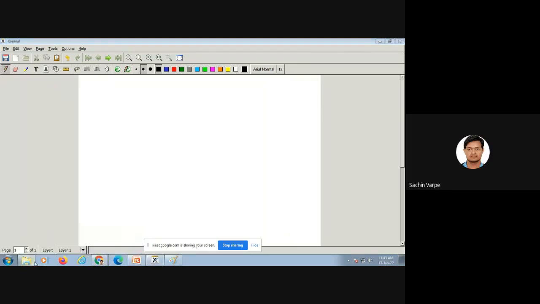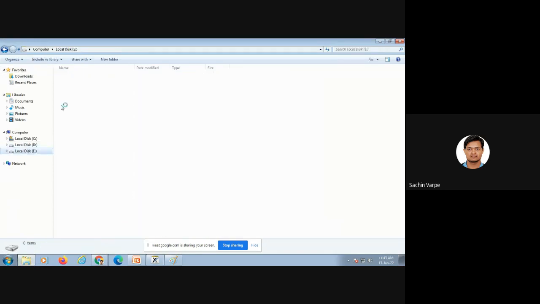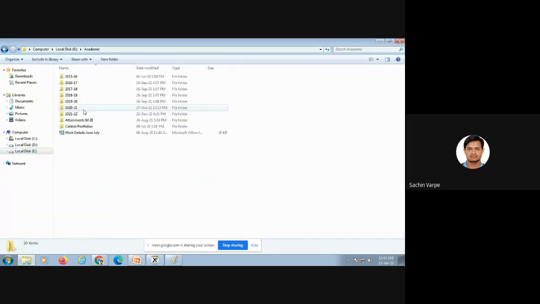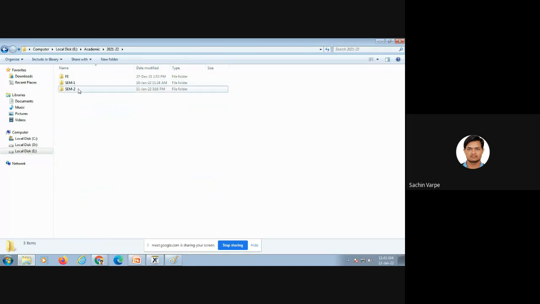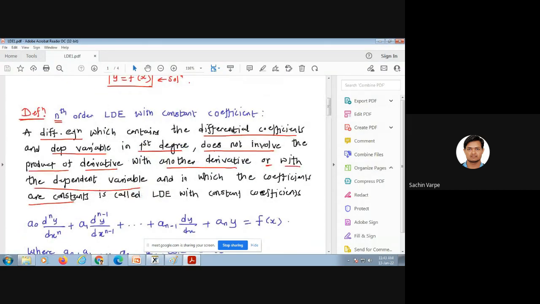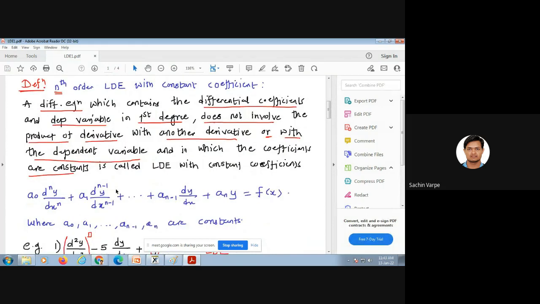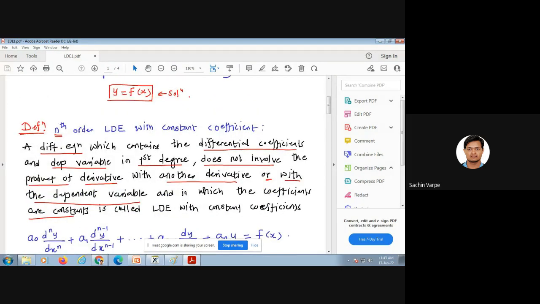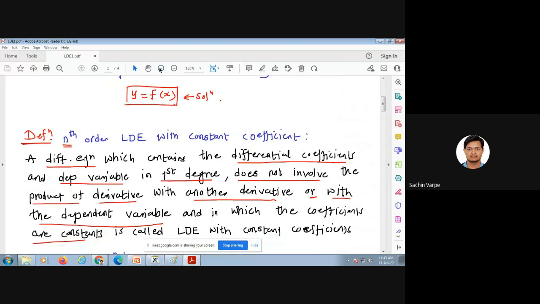So we have started with the solution of linear differential equation. In the last lecture, we have discussed the definition of nth order linear differential equation, right? And its solution we have proceeded with. So the definition of LDE is